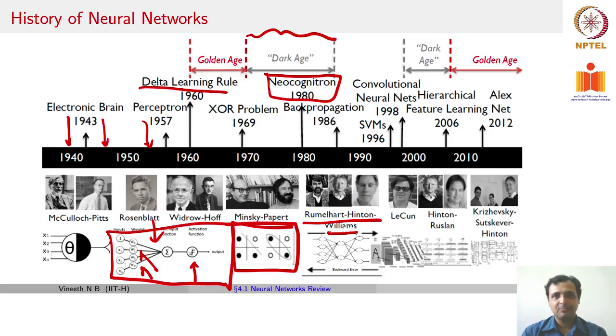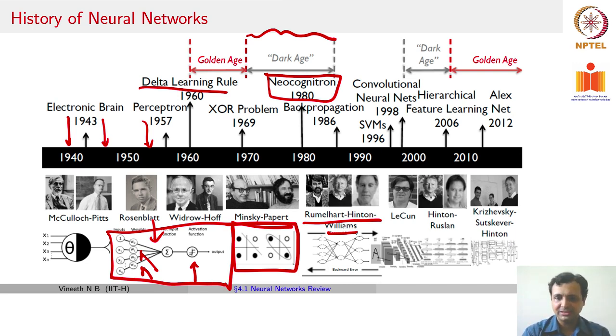In the mid-90s also came the support vector machines or SVMs, which was backed by an elegant theory and also started performing very well on these applications. And for a large part between the mid-90s and perhaps the first decade of the 21st century, machine learning applications were dominated by what today are known as traditional machine learning algorithms such as support vector machines, boosting, bagging, decision trees, and many other variants of these algorithms.